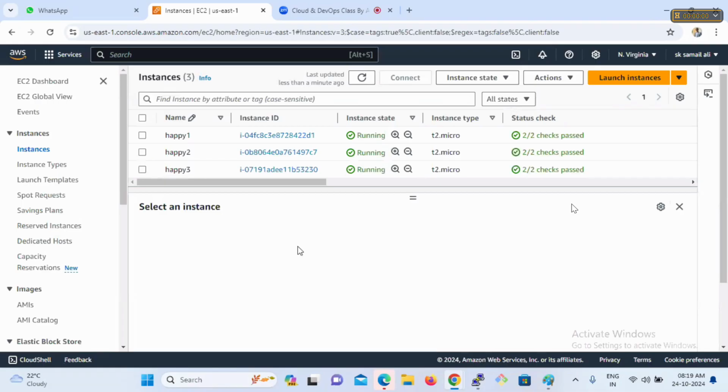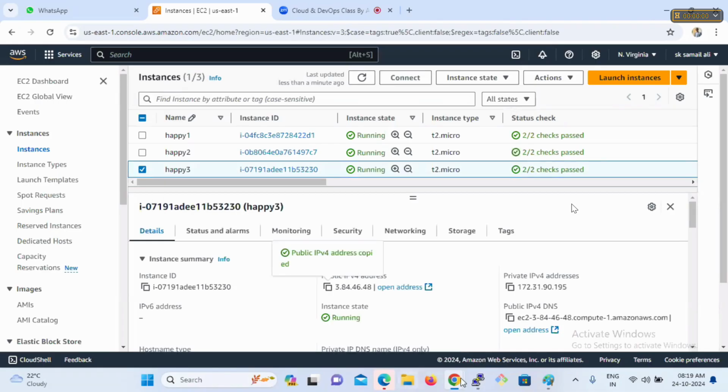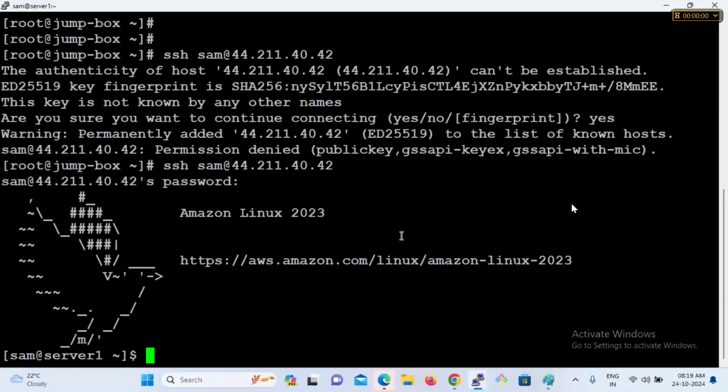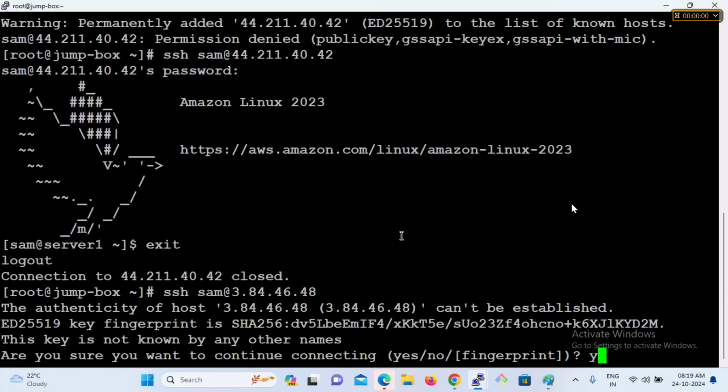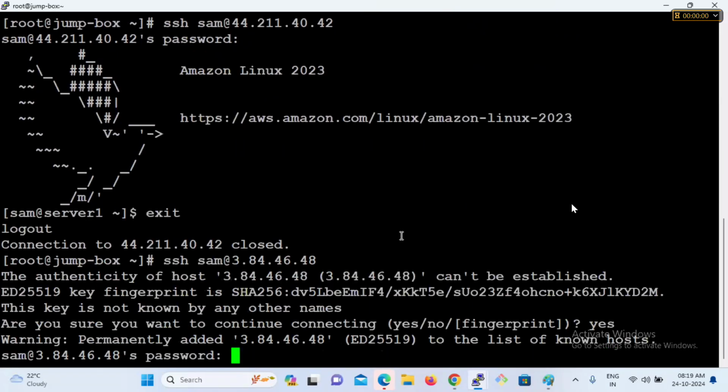So I'll copy this and try to log in. Now which server am I in? I should be in the jump box, right? So I am in the jump box. Which user? Sam. I'll say yes. If I give test@123,